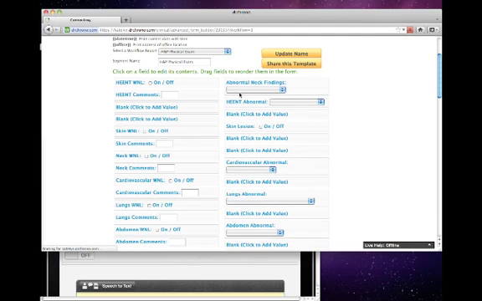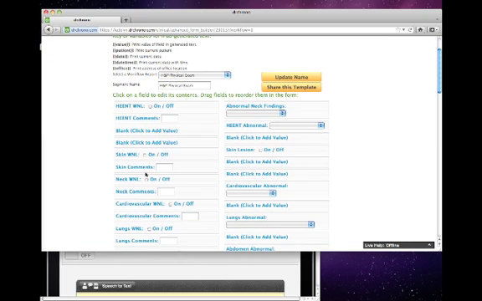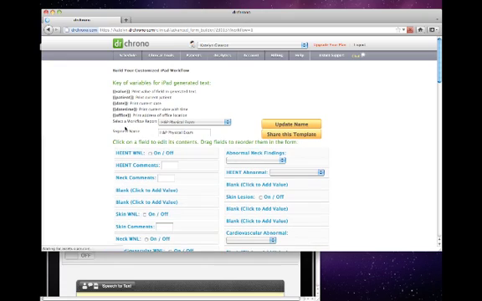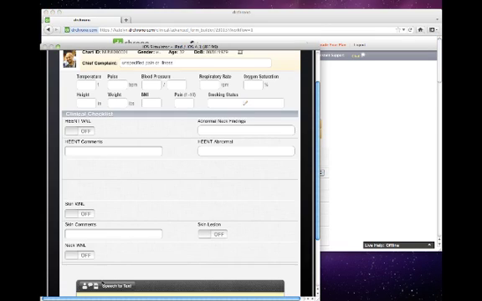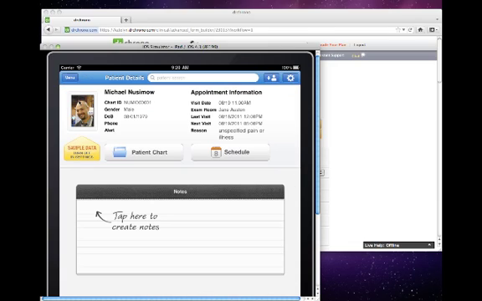You can change the order of the way the questions are asked. So I'm just dragging and dropping, dragging and dropping. If I want to take neck and I want that to be up here, I can drag it up here. Really, really simple. What's nice is that the second you make the update on the computer, if I now go back to menu and I go to home,